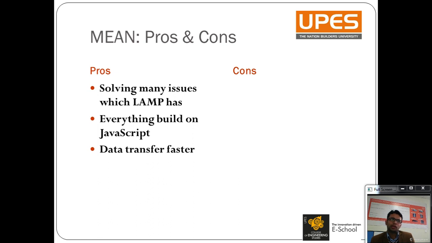And when we talk about the MEAN stack, its data transfer is much faster, right? Because in LAMP many different data structures are used, and there always needs to be a change in how the data is handled. But in MEAN, all the technologies work with the same data processing, and thus it is easier to exchange the data. But there are some drawbacks with MEAN, like obviously you need an expert, because the MEAN technology